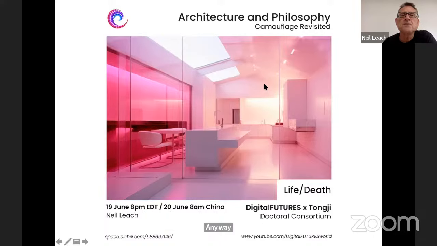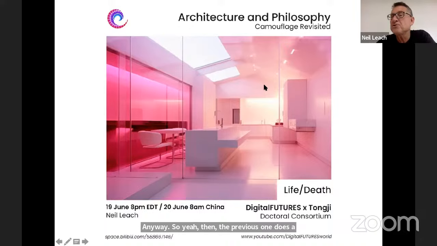Then the previous one, does a philosophy exist that names humanity's next phase of evolution? That's a good phrase. Actually, there's Ross Lovegrove, who is the most exquisite industrial designer. He's the king of industrial design. Ross is unbelievable. We had him in Venice for our session on AI, and we had him online for Digital